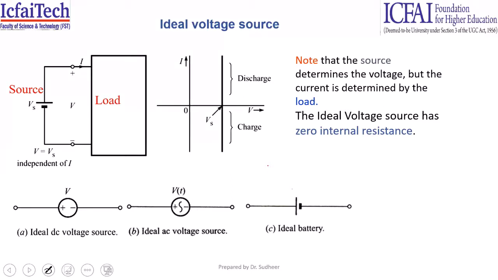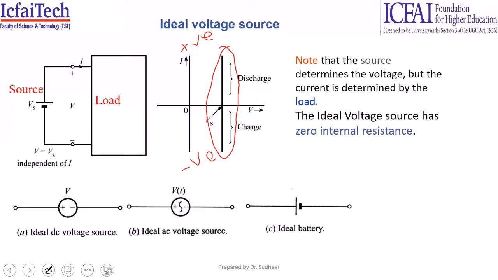So if you can see in the figure, an ideal voltage source is the one which will give a constant voltage to the load irrespective of the current drawn from the supply. Whether the current is positive or negative, it is going to supply an infinite amount of current from the source to the load without any decrease in the voltage. Note that an ideal voltage source will have zero internal resistance. When we see the practical voltage source, we will come to know what internal resistance is.